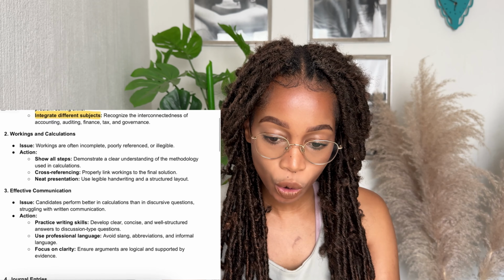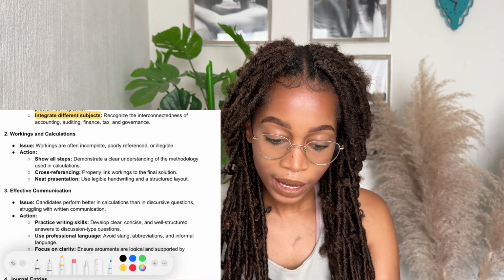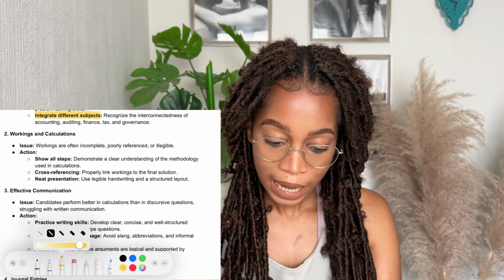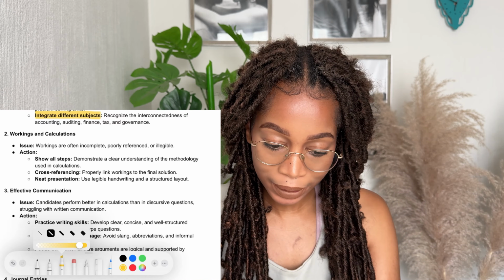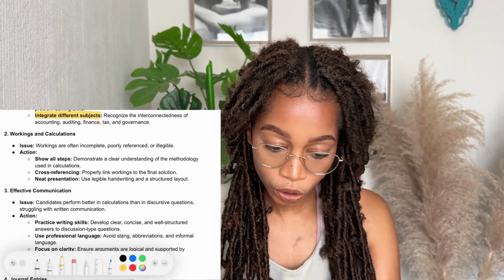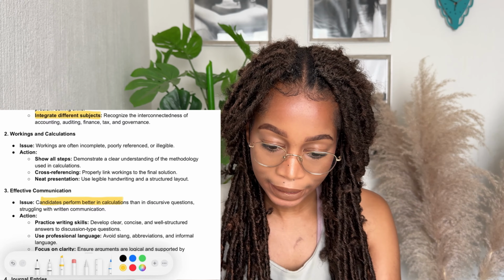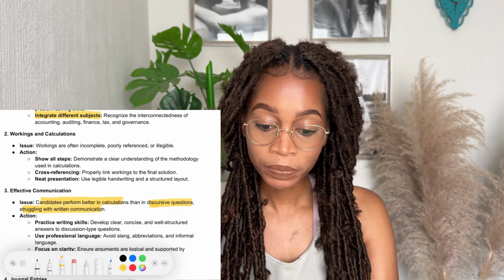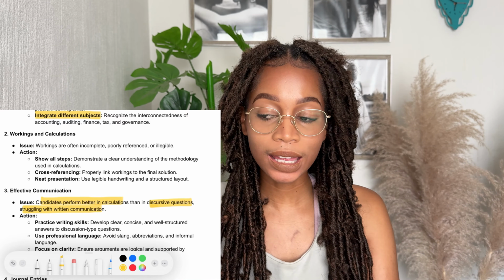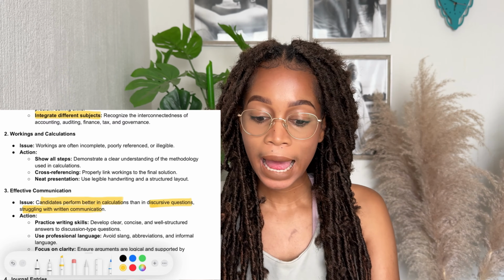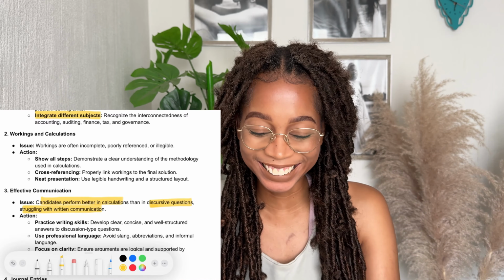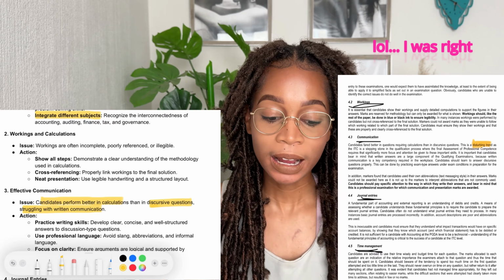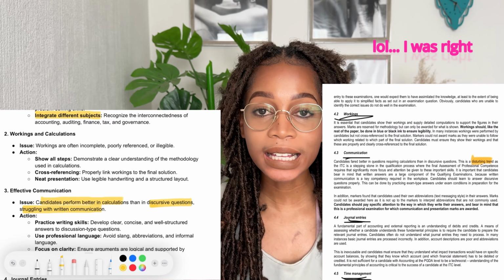Another thing is your workings. A lot of people don't know how to reference their workings, and I want to read it verbatim, how I have summarized it: candidates perform better in calculations than discussive questions, struggling with written communication. And I love this because I think the aftermath of the paper said, and I might be paraphrasing, that this is concerning, because at this stage of the game,